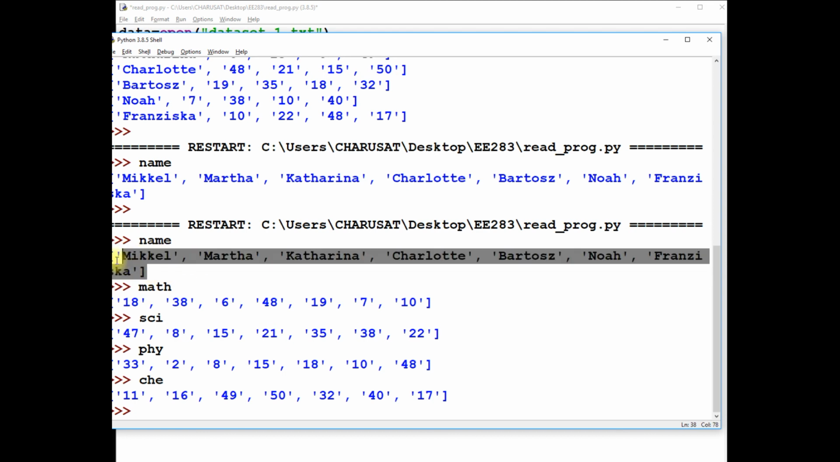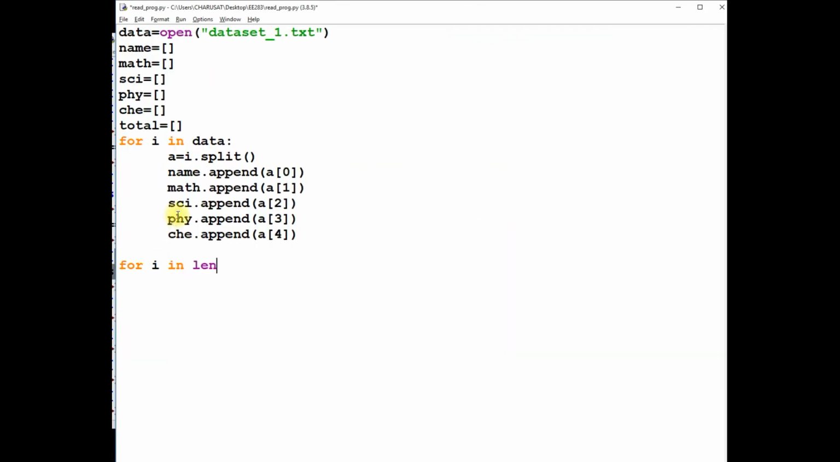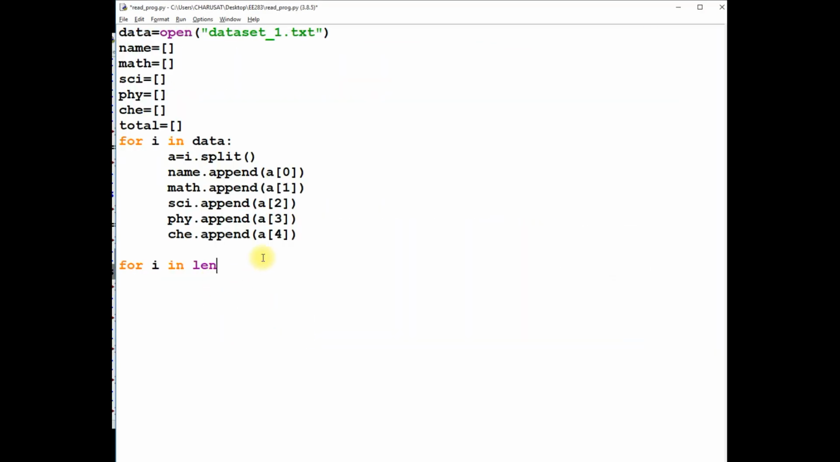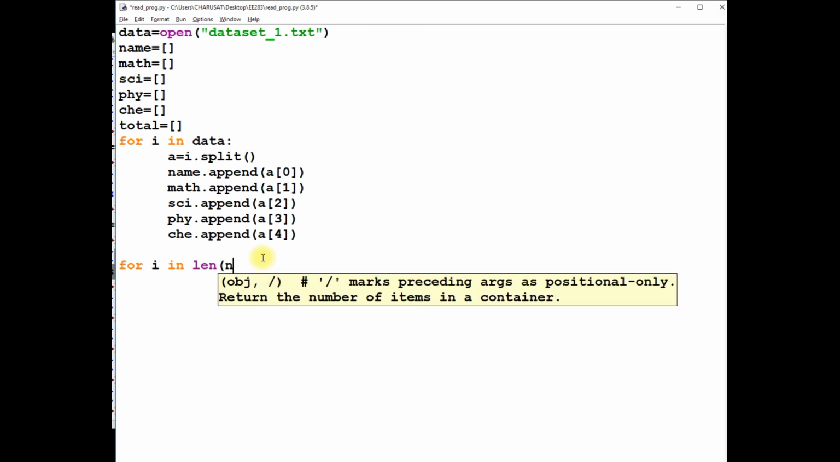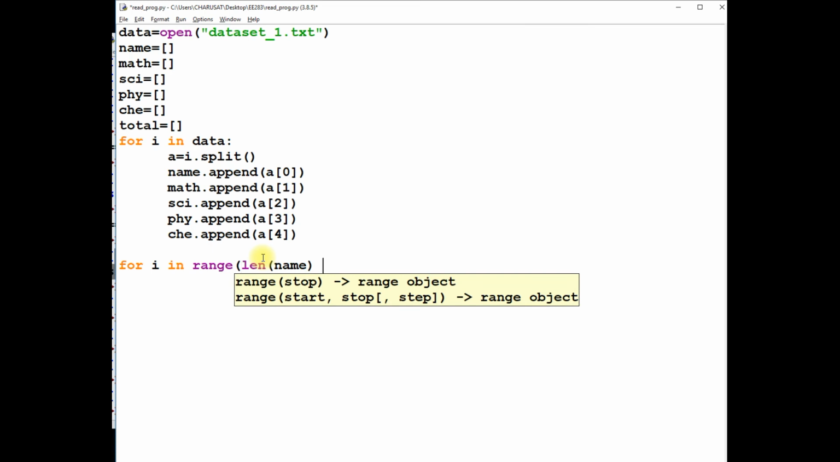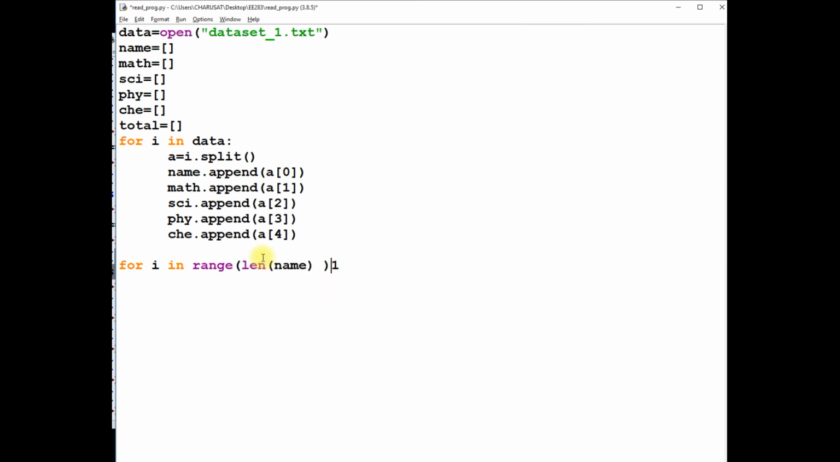So I have to find out the length of name, or the length of any subject will suffice as well, but I'll go with the length of name. But if I write this, you know that nothing will happen. This will just give me the length of the list name. What I want to do is run the for loop up to that length. So I'm going to do it using a range. Now I'm going to append